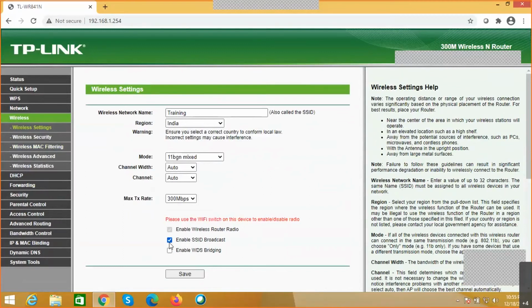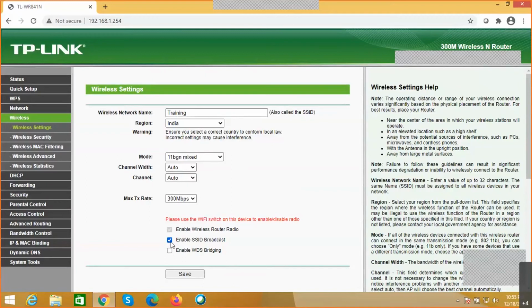Now, let's say if the SSID is enabled, anyone who is scanning the network can actually see our ID. So if we want to disable that, we can uncheck this particular option available in all the access points, so that our SSID will be hidden.